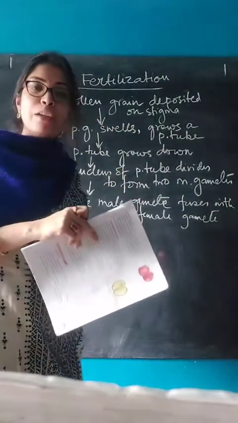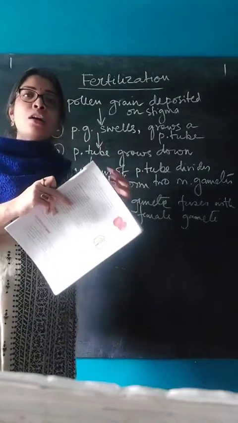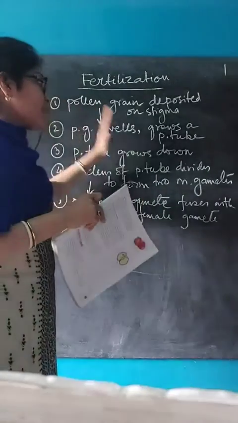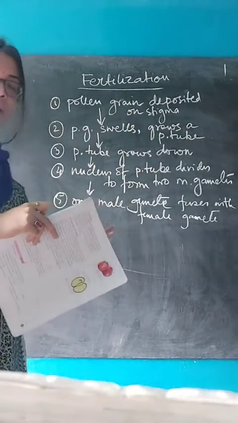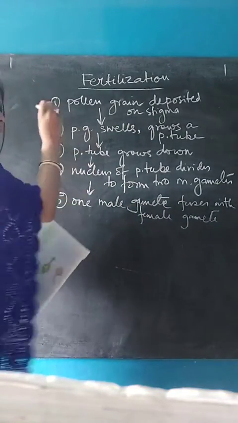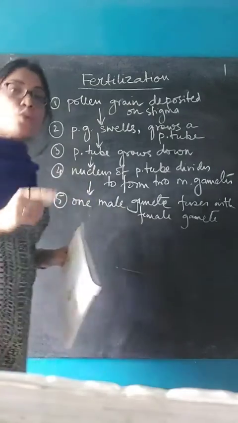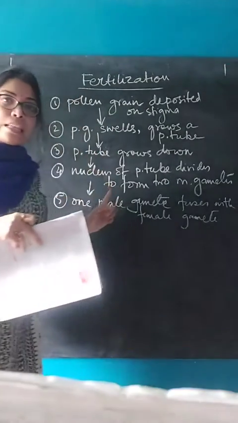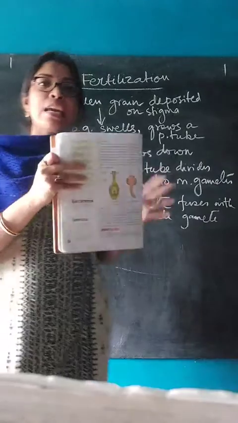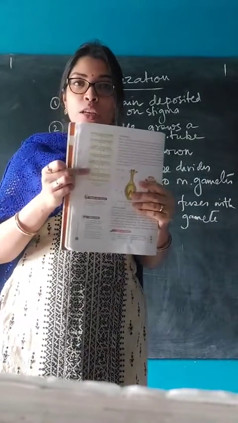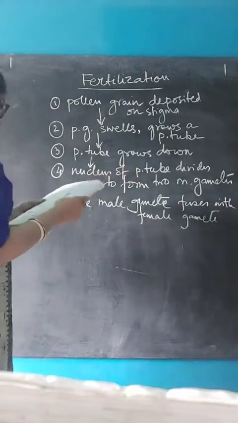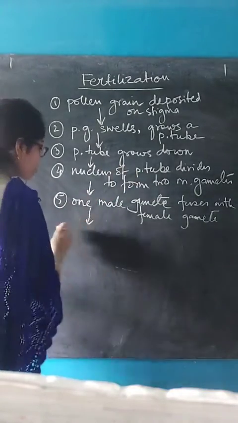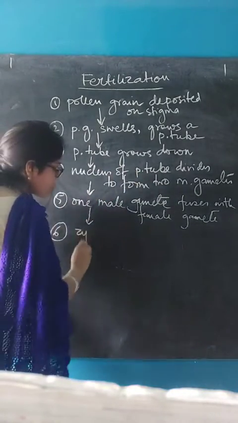So I am writing just the points, but I am not writing here in an explanatory manner because I am explaining it with my words right now. I don't have much space here to write the whole thing, otherwise I will have to rub it continuously. So that is why I am writing in points, but you will not write like this in the examination. You will write the whole thing exactly. Okay. Next, one male gamete fuses with the female gamete. Next, what happens? Zygote will be formed.